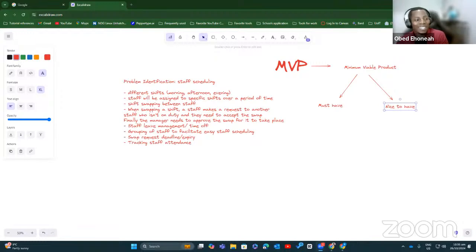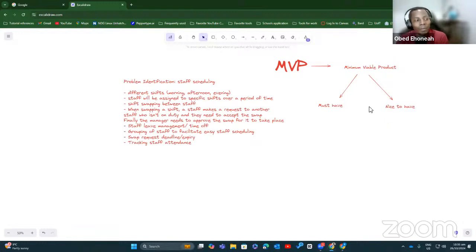Exactly. Especially when you know that, oh, I can do it, like, if we add this, I can do it, we usually want to add it. But hey, let's not go that route. If you leave it to me, I would add everything to make this a very robust one. But I've seen that by doing that, we end up starting a lot of projects and not finishing them. So let's focus on the must have for this platform to work. The staff scheduling. We want to be able to schedule things. As soon as that is done, we can start thinking about the other features.